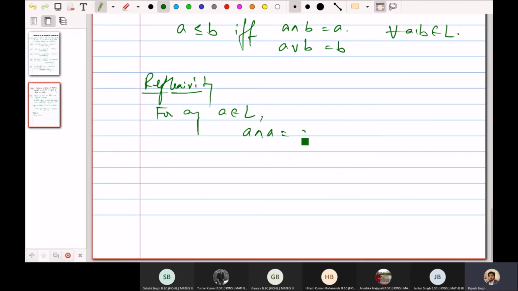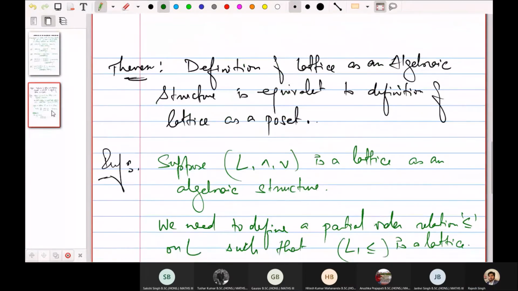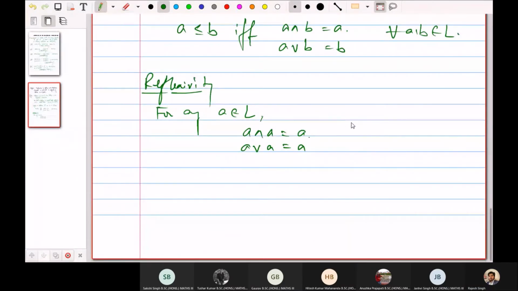A cap A क्यों होगा? अभी ये देखो ना, अलजेब्रा है तो मतलब कि ये प्रॉपर्टी सेटिस्फाई हो रही है ना. By idempotency. ठीक है, because it is given to be an algebra, so it is there, this implies A is related to A, so hence